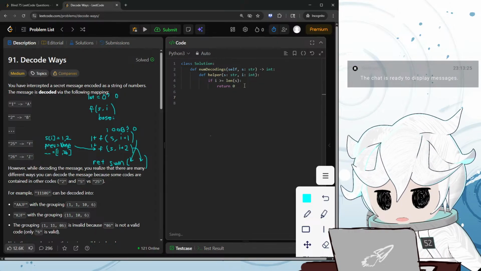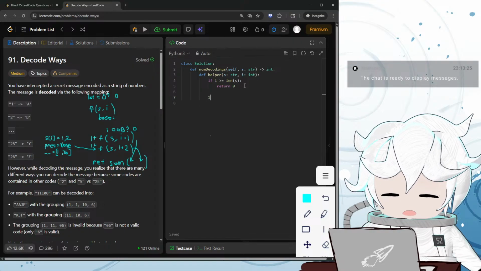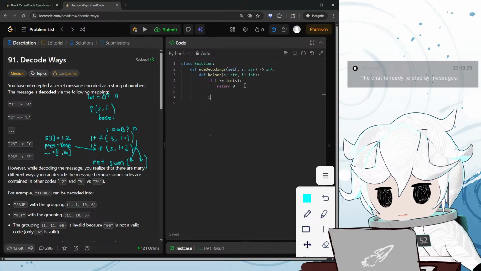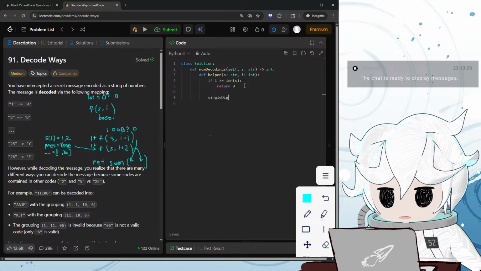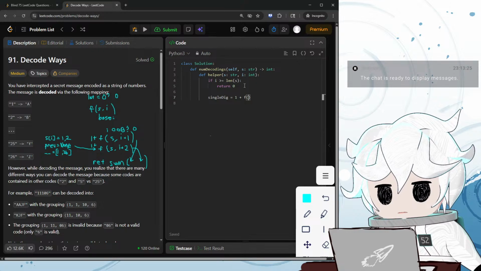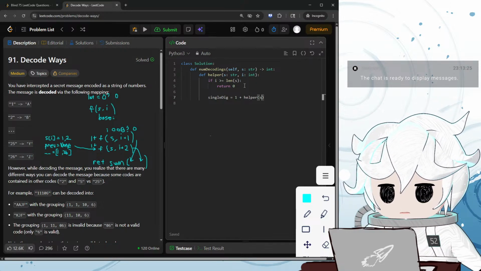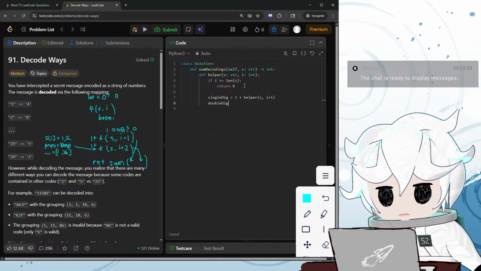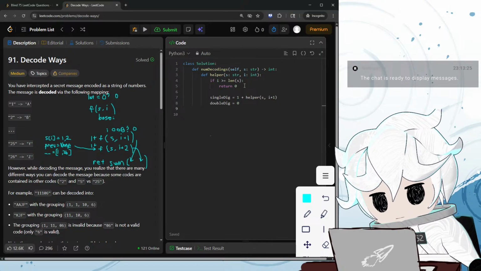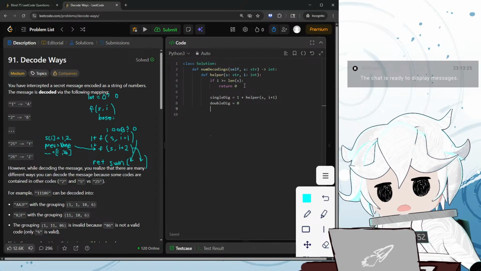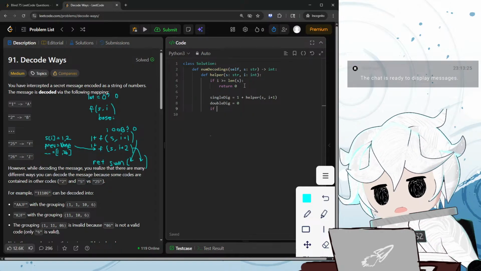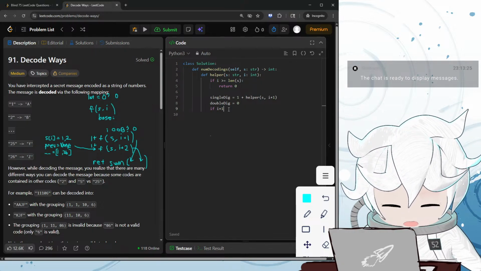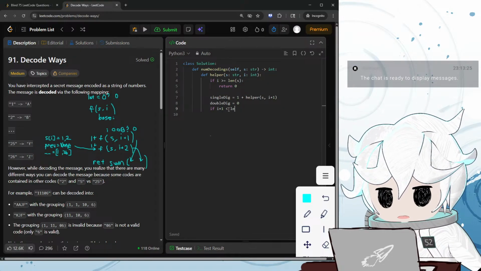Okay, next, we can always use the current number as its own digit and then continue constructing the message. So let's do single digit is equal to 1 plus the helper, current string is the same, and then i plus 1, increment the current index. Okay, double digit. Let's default to 0 at first. The combination of letters that we can make using double digits is contingent on this condition, right? So if i plus 1 is in bounds, i plus 1 is less than length of s,